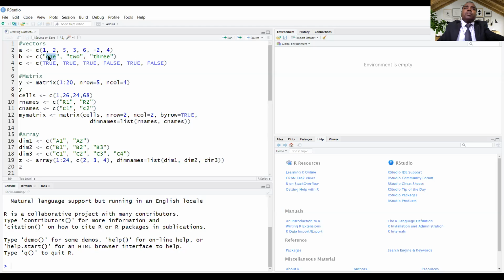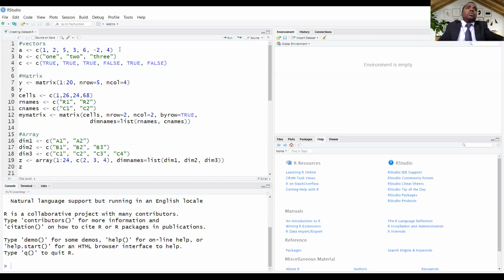So you have to remember to put double quotes, and then the values are separated by commas. Then third is your logical variable. So TRUE, TRUE, TRUE, FALSE, TRUE, FALSE. These values are being assigned to variable C.